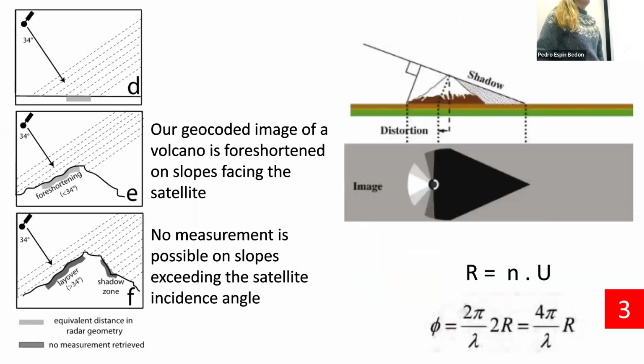And we can lose data in this step in a few ways. If, for example, your topography is steeper than the incidence angle of the satellite, you can have a shadow, and you have a patch where there's no information at all. But for any topography, you have some sort of layover and foreshortening, which means that you have more spatially dense data on one side of the volcano than the other, and counterintuitively, that's the side that faces away from where the satellite's looking from.